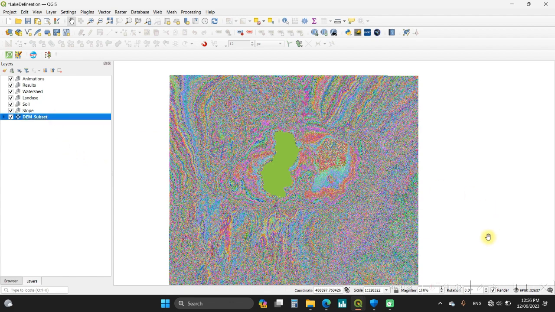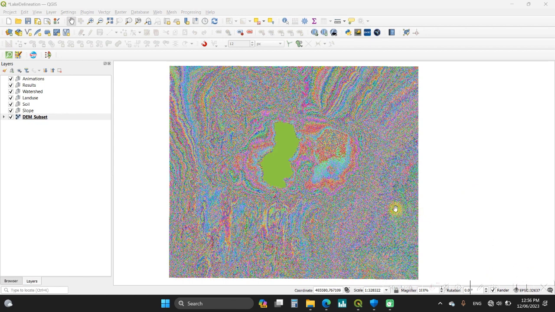So in this technique, I'm going to show you how to do it from scratch, which is the original type. Of course, there is also a simple method, but in that case, you need some shape files, like the shape file of this lake. Let me assume I don't have this lake, and let me do it from scratch. After layer styling and classifying the DEM like this into separate pixels,